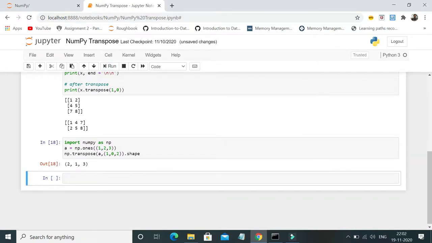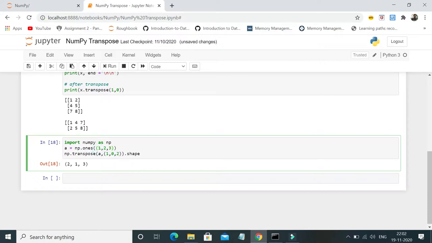So if you see now, the output is displayed as 2 comma 1 comma 3. The argument which I passed inside transpose is nothing but the index of the element. Indexing starts from 0, right?